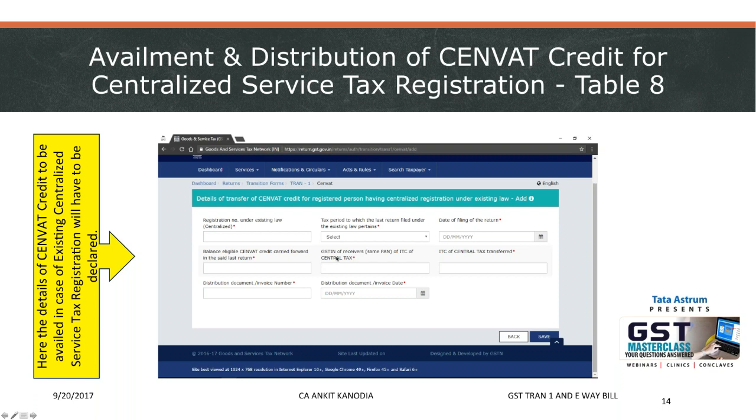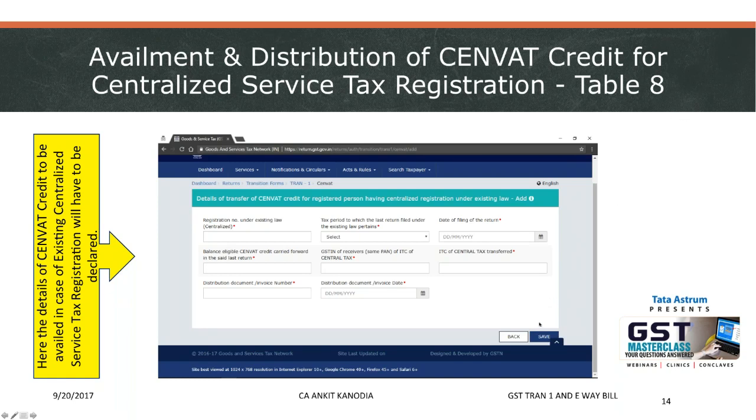This is important. So now, suppose from West Bengal you want to pass on certain credit to your unit under GST in Gujarat. So you have to mention here the Gujarat GST unit and the amount of ITC of central tax which you want to transfer. An invoice number you have to give because this has to be documented. So you have to issue a tax transfer document which should be an invoice number. That number has to be given and the invoice date on which you have to transfer. So suppose if you want to take the benefit in the month of August, this invoice date should be in the month of August. It should not be after the month of August, otherwise this credit may not be allowed. It may not be linked with